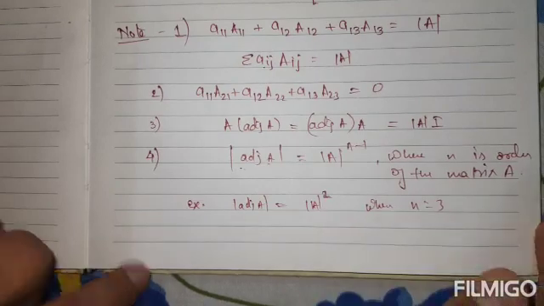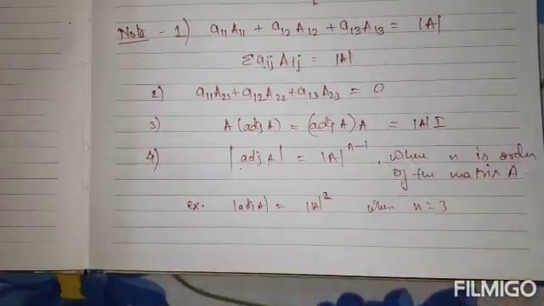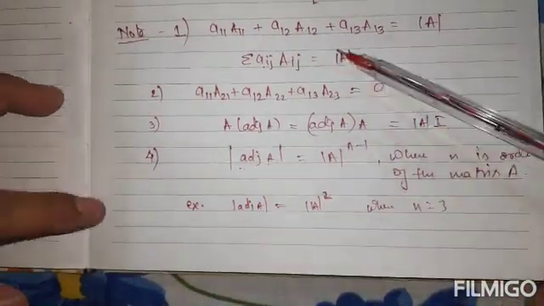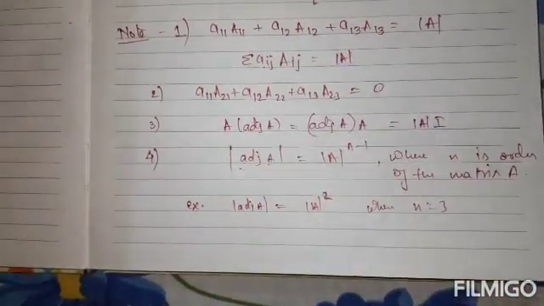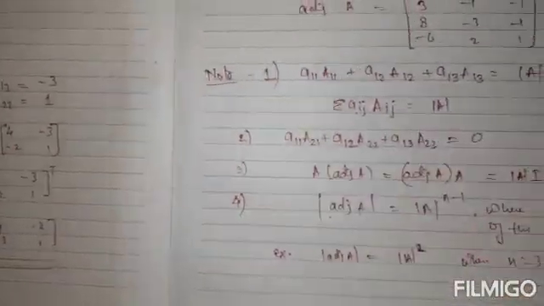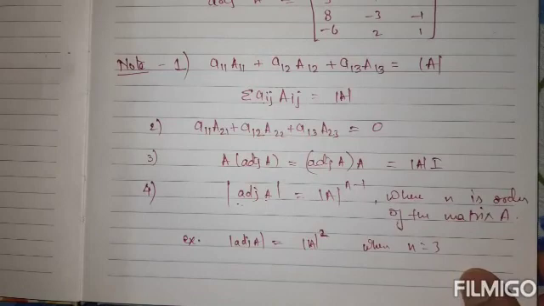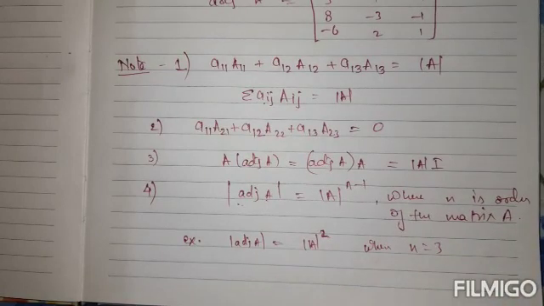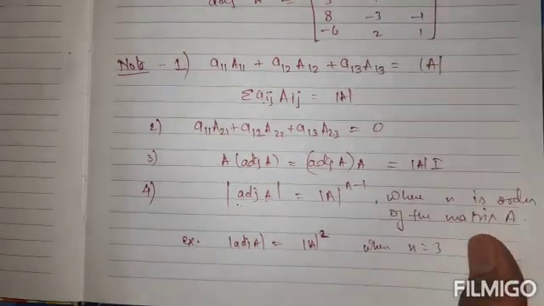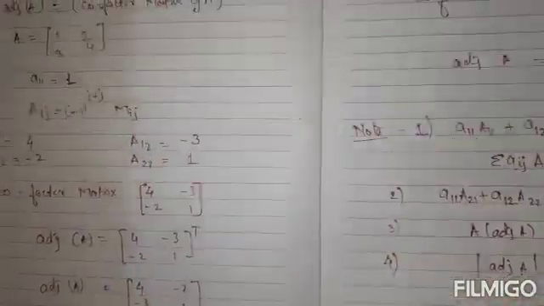So I think you have got this one. There is theory behind this one. We will not go into depth in this one, but you have to remember all these things. Questions are asked based on these notes. And it has practical applications also, and that's what we are going to discuss. Just in the beginning of the video, I have given the topic adjoint and inverse. Adjoint is discussed. Now we will go on to the next topic, that is inverse of the matrix.